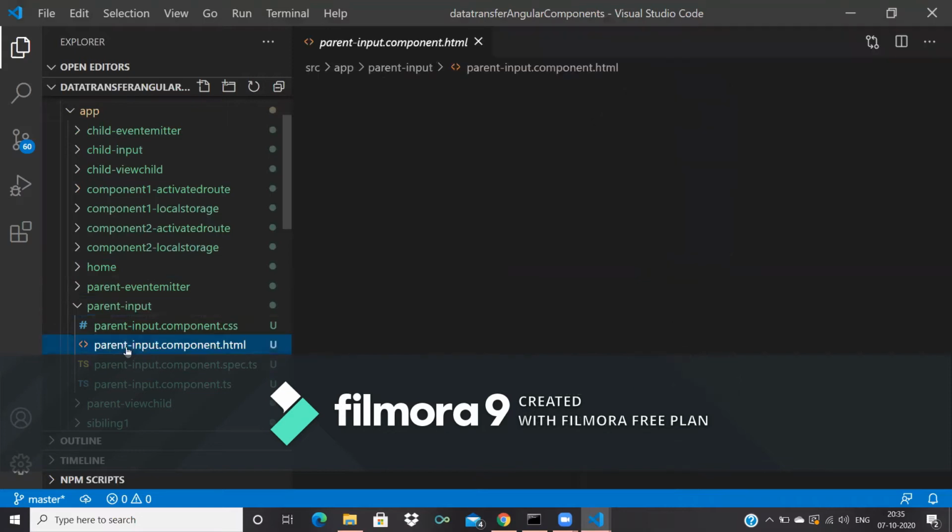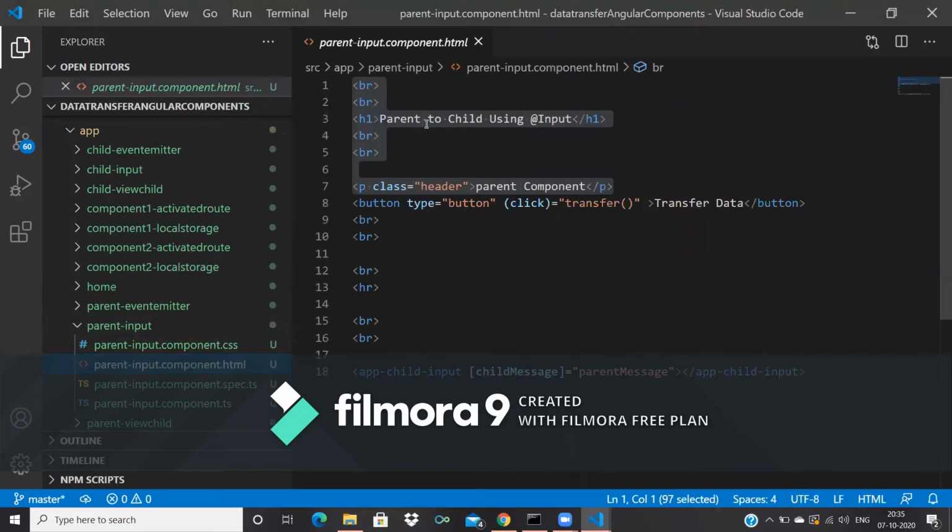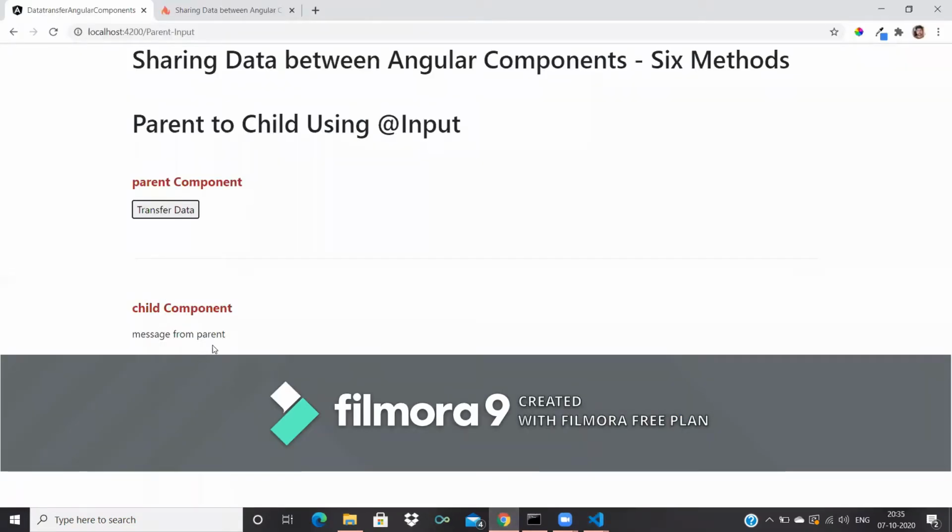In that I just wrote some HTML. This is a parent using @Input. I kept a click function here under transfer data, and I gave a child selector here. I am calling the child component here, so we can see the child component is binding here.